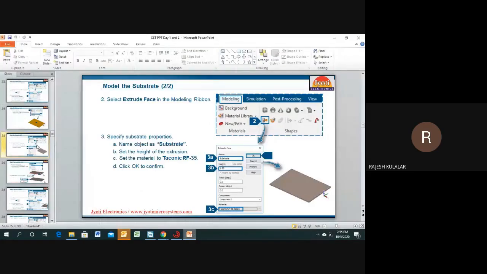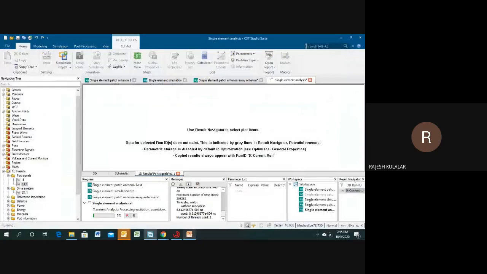Actually, I wanted to show something with a single element, and after that we can show some array task performance. Actually, we have array task performance in CST. From that you can analyze the array performance of a single element antenna without simulating any array. Means if you have a single element antenna, you can analyze the performance of an array antenna without simulating an array. So better, once it runs, then I will show you.